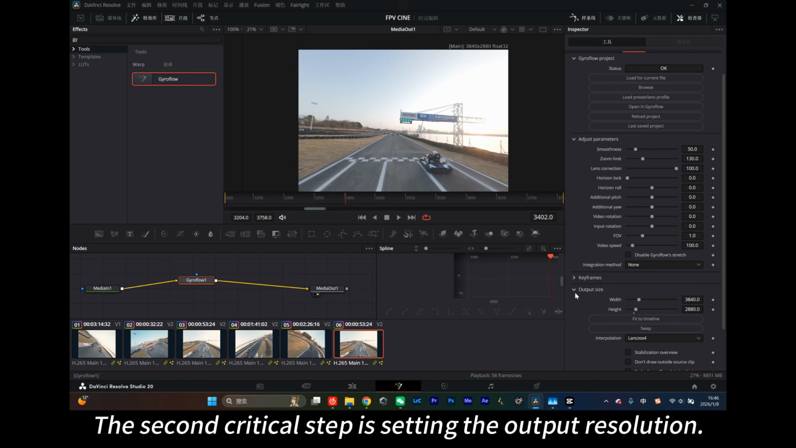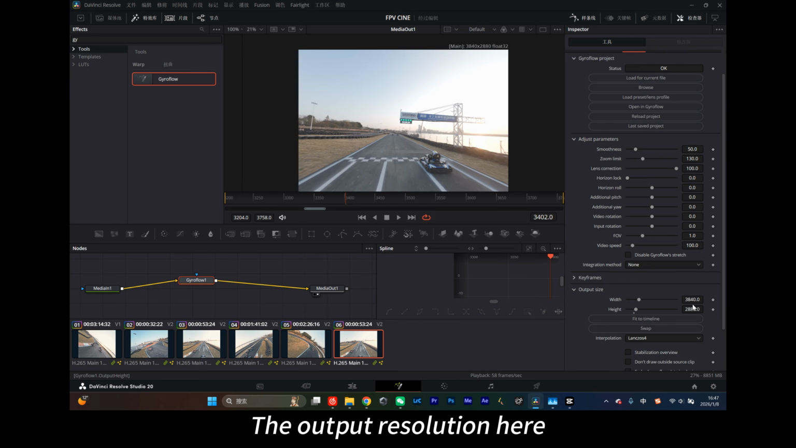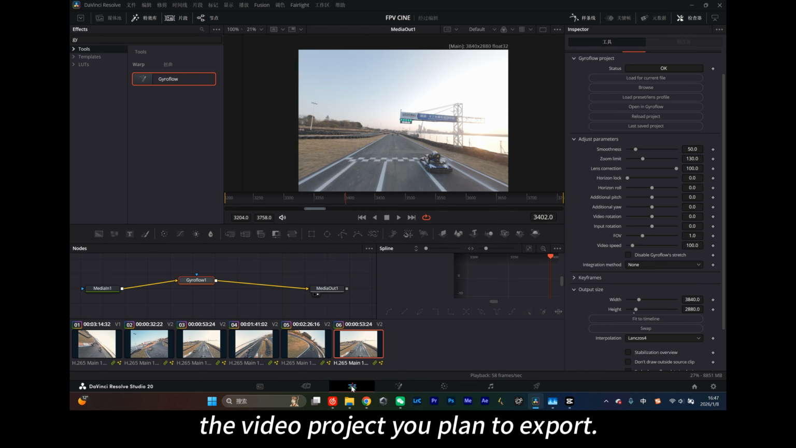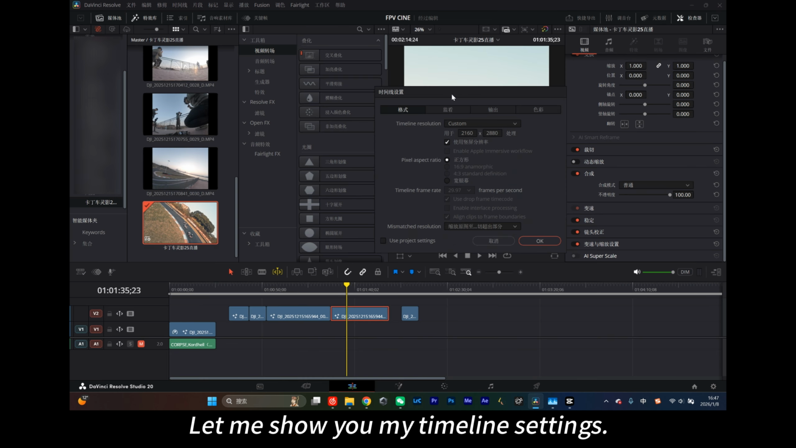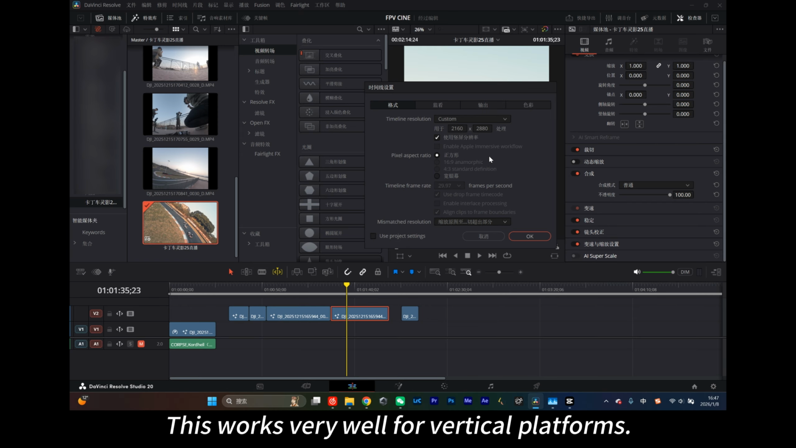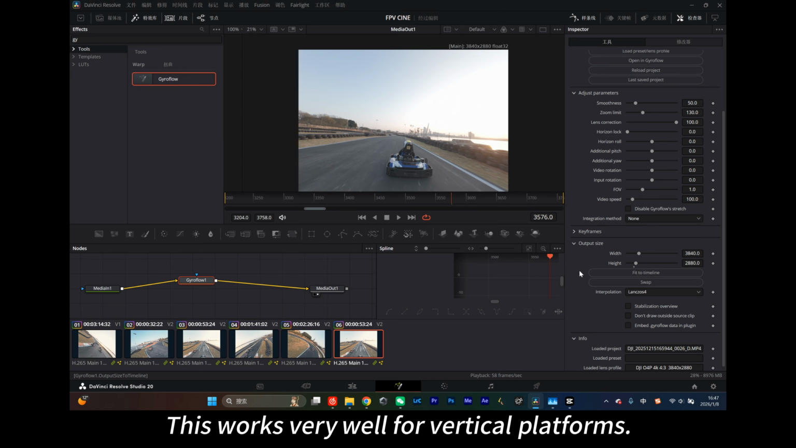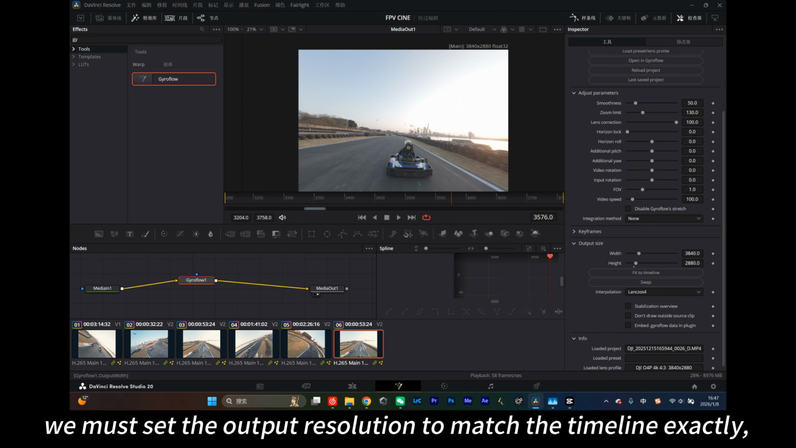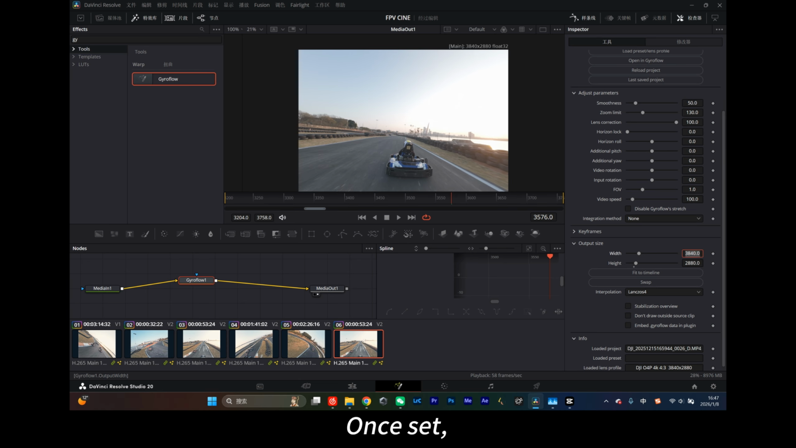The second critical step is setting the output resolution. The output resolution here must exactly match the resolution of the video project you plan to export. Let me show you my timeline settings. I'm using a 2160 by 2880 vertical 3:4 resolution. This works very well for vertical platforms. So in the plugin, we must set the output resolution to match the timeline exactly, with no mismatch at all. Once set,